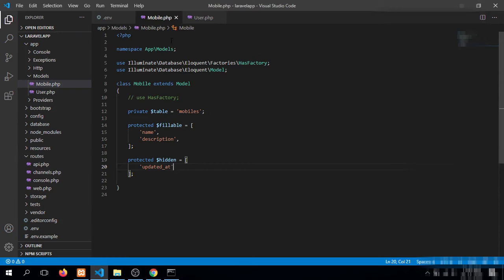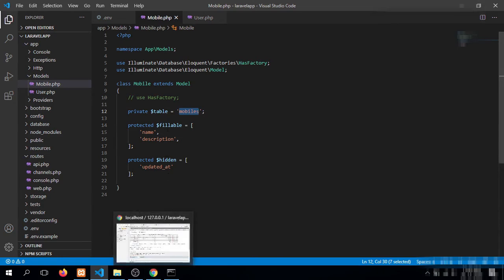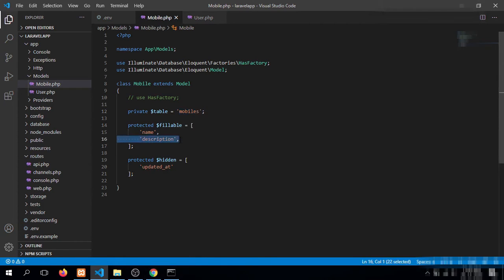Suppose we are inserting some records in a particular mobile table, and we have passed only name in the fillable array, and we are inserting a description as well while we are inserting our records.